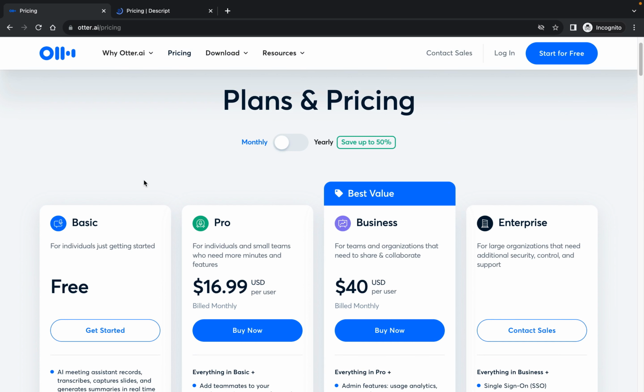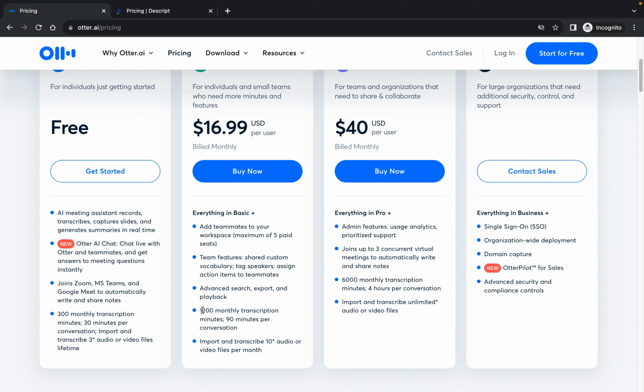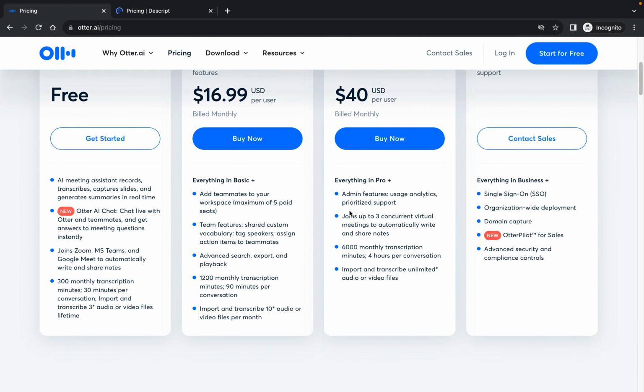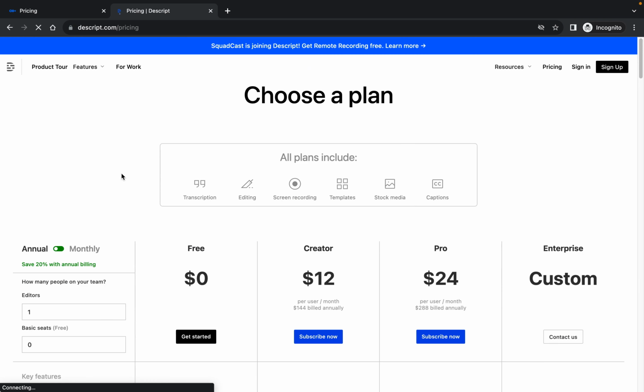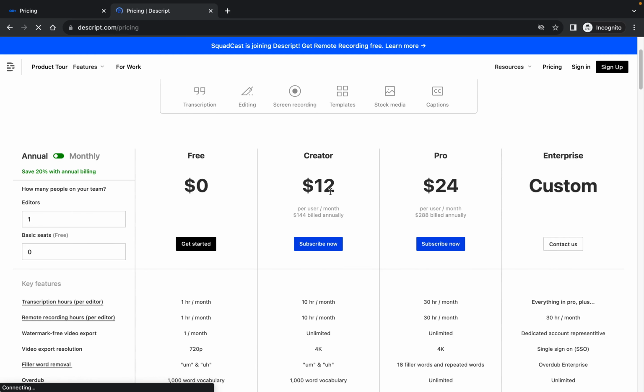Okay, now first let's look at Otter's pricing. $17 per user per month, and it gives you about, I'd say, 20 hours of transcription. Okay, and then they've got business plans where it becomes $40 per user per month. Descript, on the other hand, costs something like $12 per month with 10 hours of transcription.